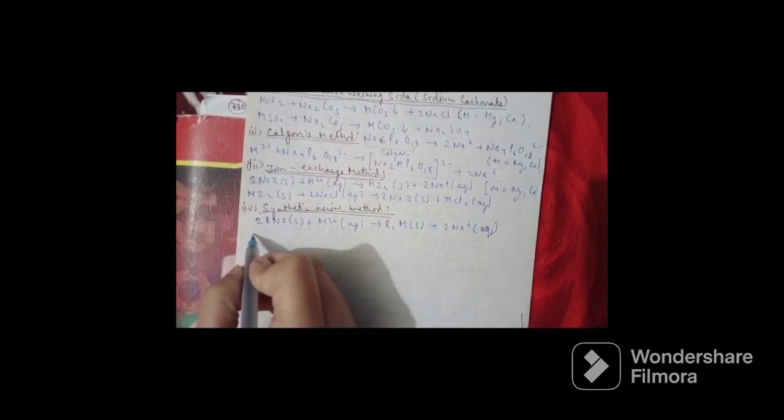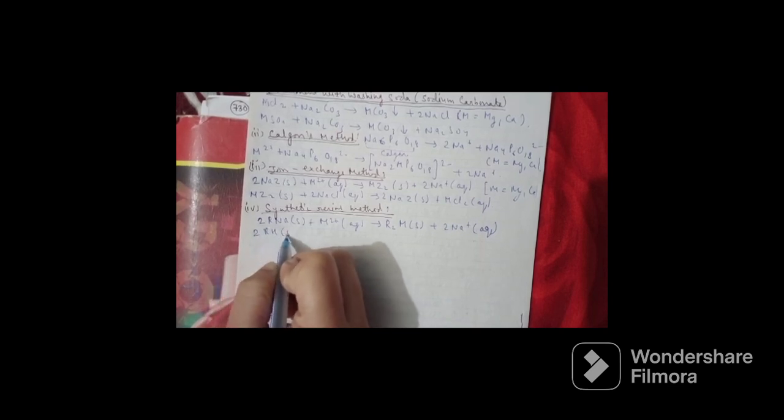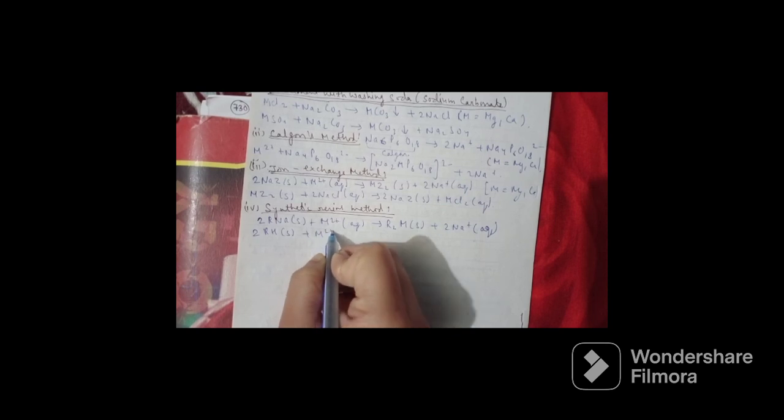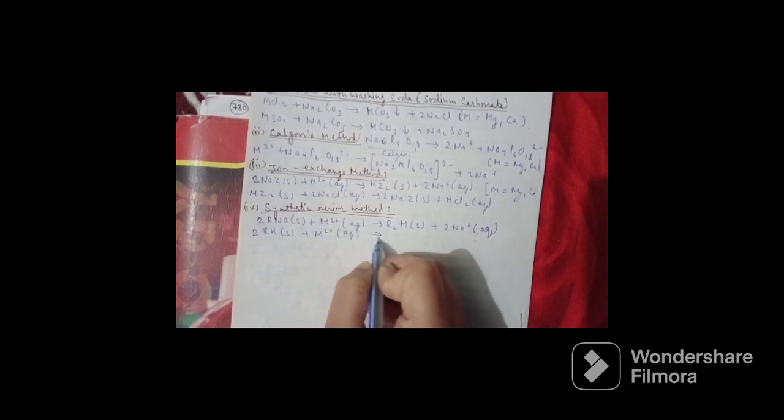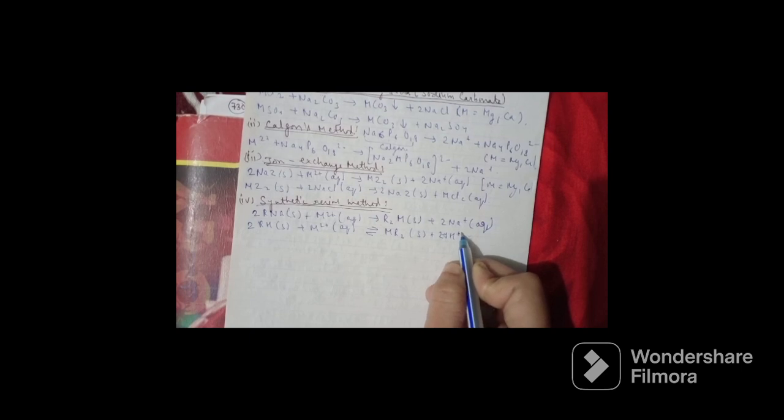So it will be 2RH solid plus M2+ aqueous gives MR2 solid plus 2H+ aqueous. So in this cation exchange process, H+ exchanges for Na+, Ca2+, Mg2+ and other cations present in water. This process results in proton release and thus makes the water acidic. In the anion exchange process, it will be